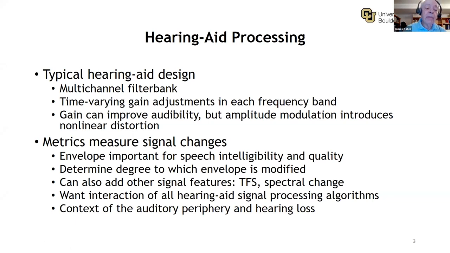When we talk about intelligibility and quality metrics, to measure some of these effects, we want to measure the signal changes. And of course, we want to measure what we think are the important signal changes. Perhaps the most important are changes to the speech envelope in the multiple frequency bands. We want to determine the degree to which the envelope is modified. There are other aspects of the signal, the temporal fine structure, long-term spectral change that we may also be interested